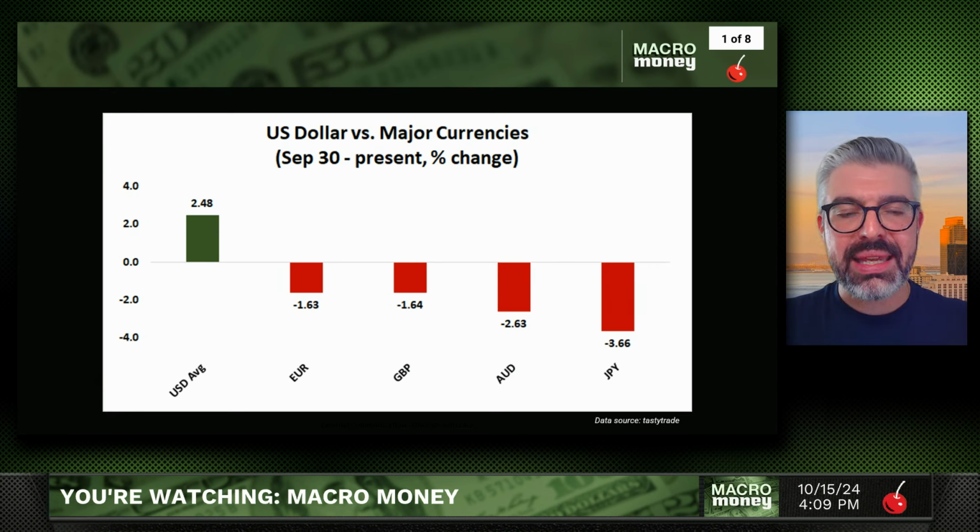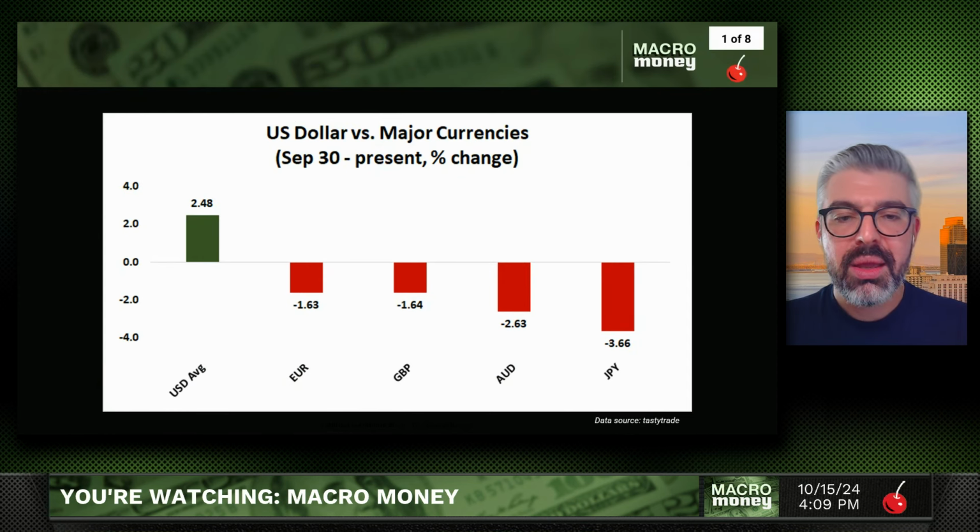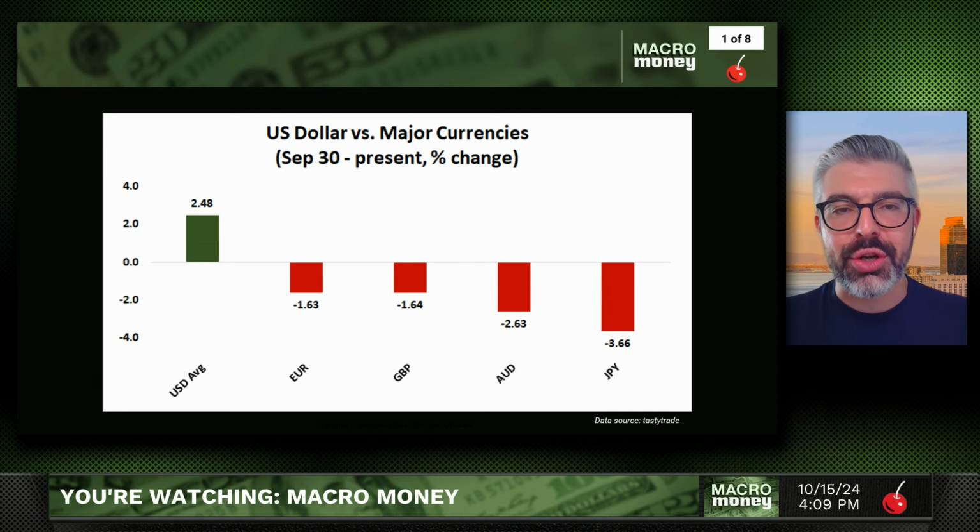Now, we can see here, Europe has clearly held up better. Euro and pound are down only 1.6% apiece. The Aussie is down 2.6%. The yen down 3.7 almost. For the yen, this makes sense. For the Aussie, this makes sense. Those currencies have not seen any major difference in their monetary policy outlooks. Much of what's happened there has been driven by the sharp rise in US interest rates, in particular at the long end,